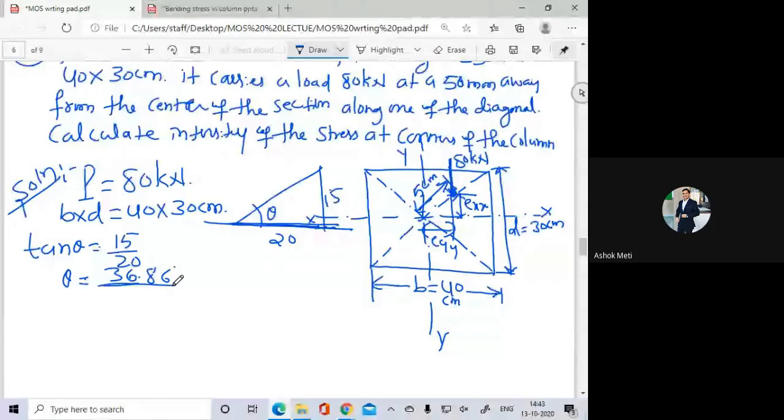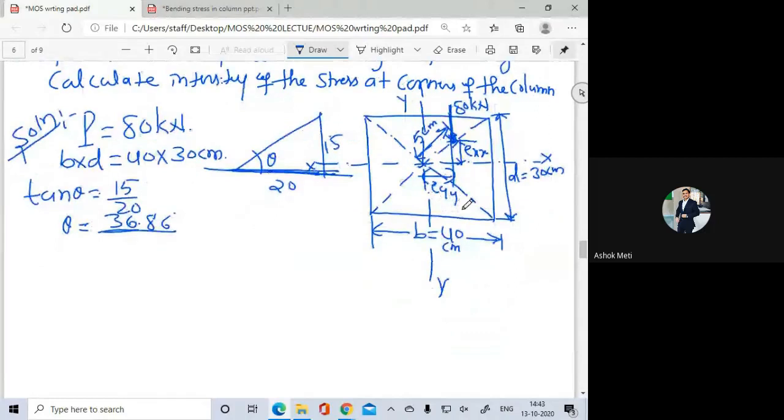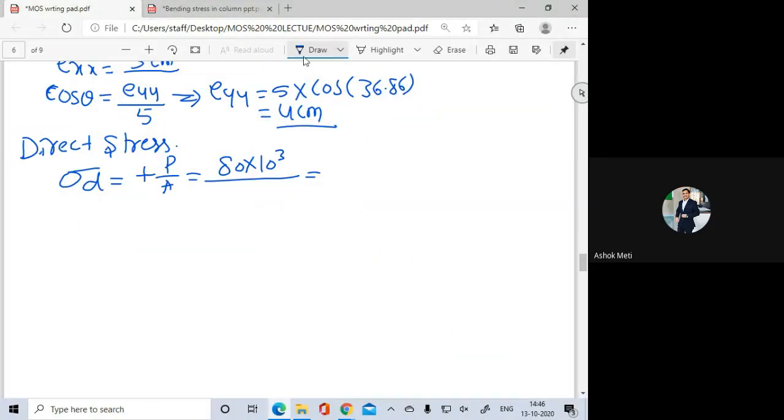So with respect to that x and y, I want to calculate the exx. So here now you can see, this is multiplied into 10 for both values, 400 into 300. Always you have to calculate the stresses in terms of Newton per mm square only. Again, if they are given in terms of centimeter, convert into mm. Can you tell me the answer? 0.66. It is plus 0.66 Newton per mm square.